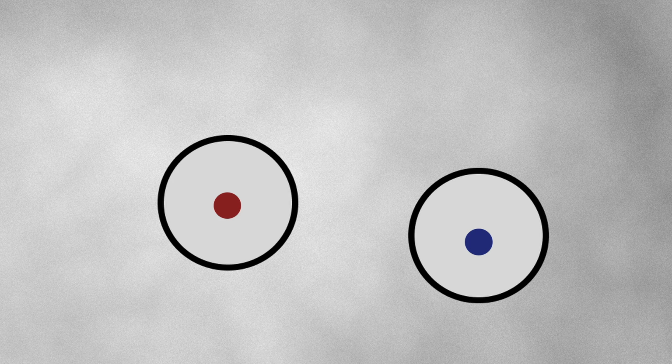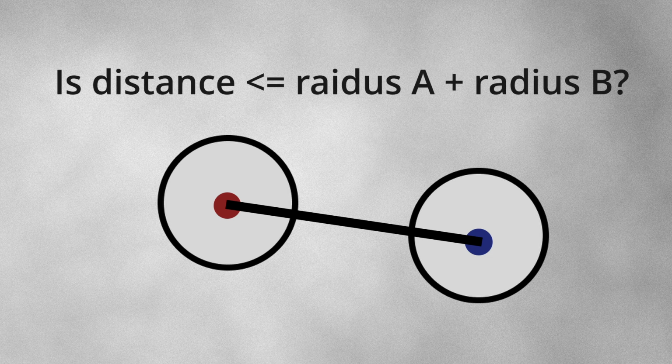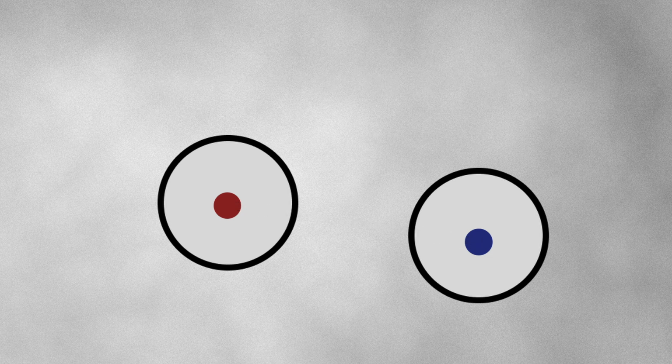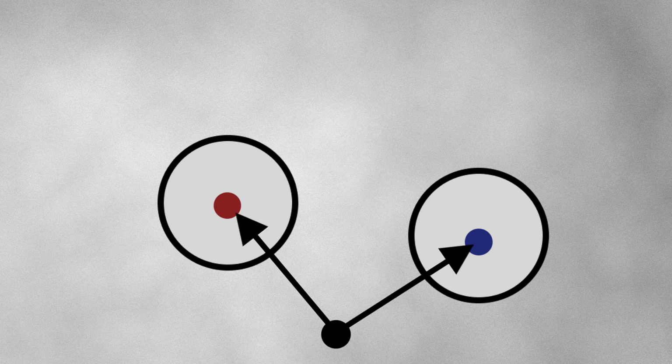Want to know if two circles are overlapping? Just find the distance between the two object positions and check if it's smaller than or equal to the two objects' radiuses added together. This can be found by first finding the vector between the two positions by taking away one object's position vector from the other, by drawing both of the vector's components head to tail, and then the line between the beginning and the end of the journey.